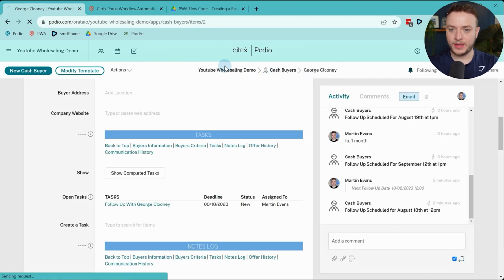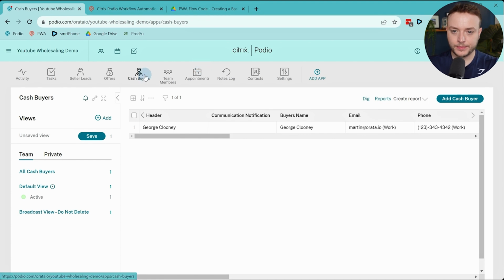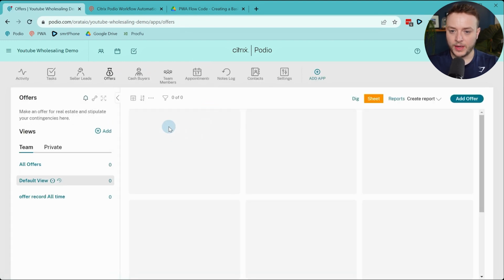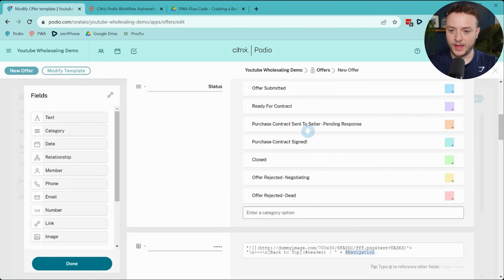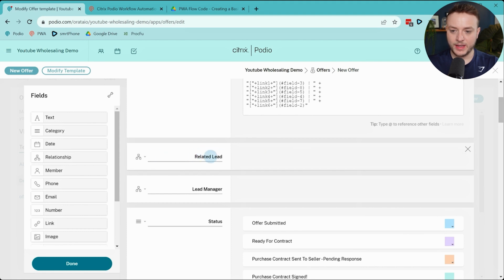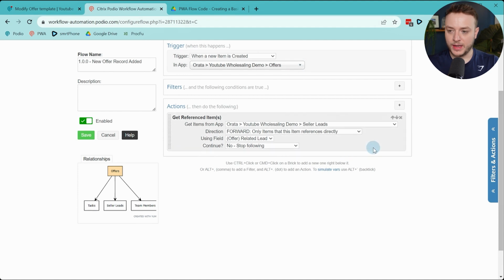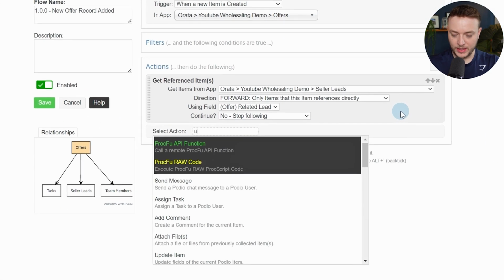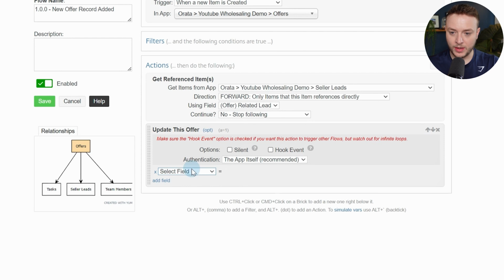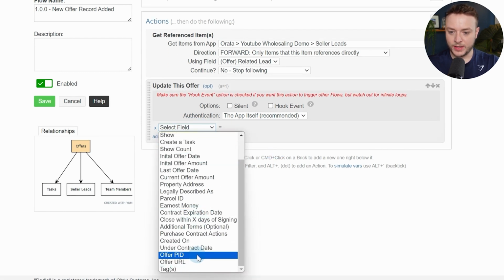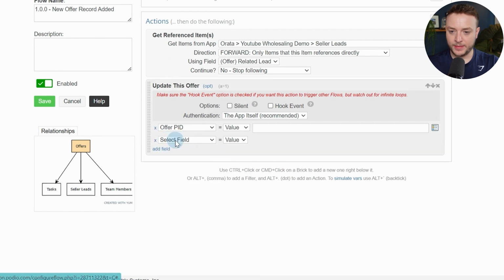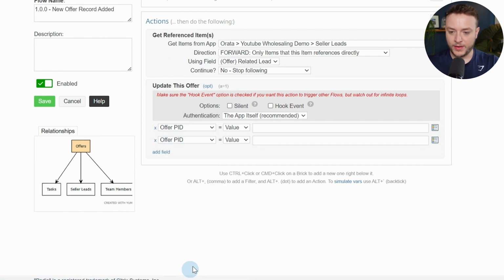So in our Offers app, we have a modified template. We have a field, related lead. This is the one we're going to be pulling the seller lead from. Okay, and then first we're going to update some items of the offer record. So we're going to update the offer PID, the offer URL,